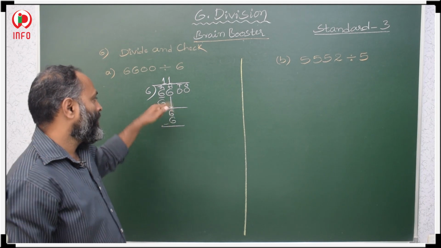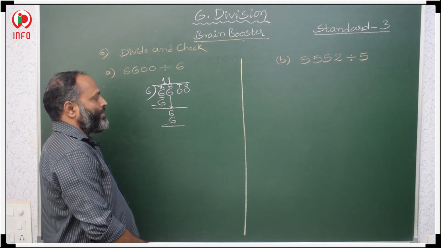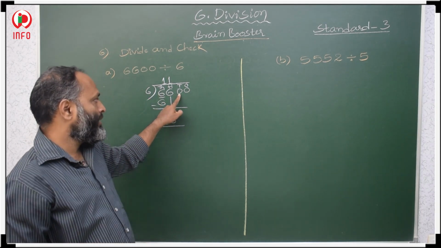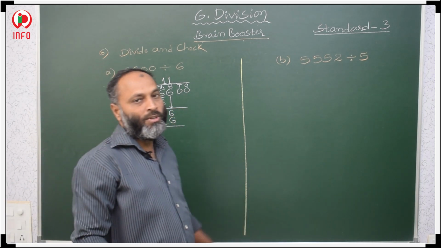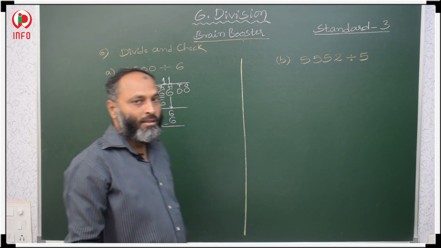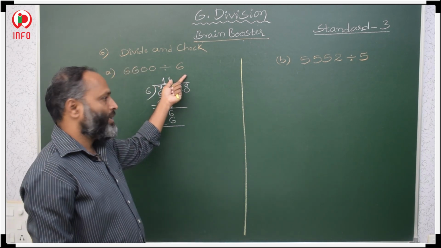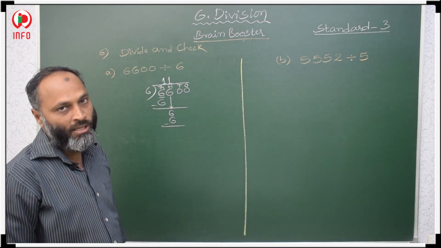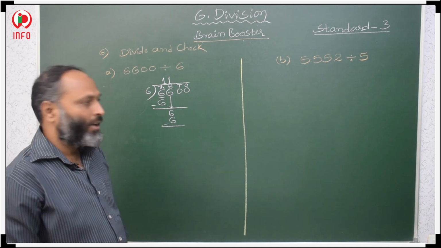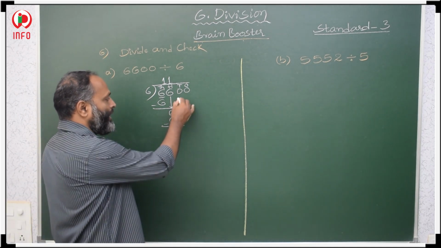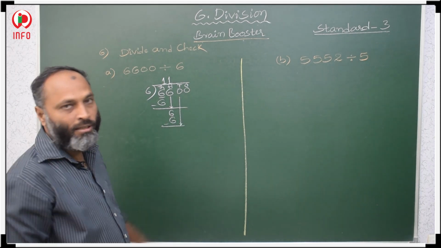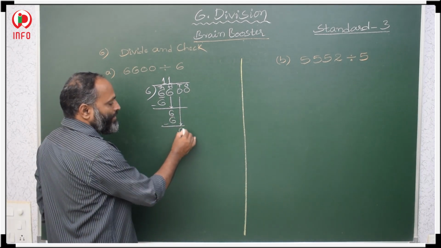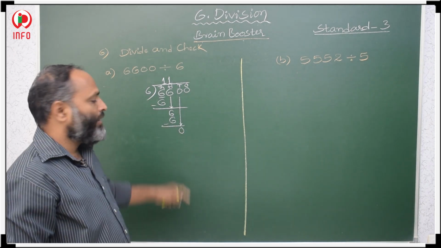Then after that we have to copy the next place. Tens place is 0 and ones place is 0. If the tens place and ones place are both 0, the rest of the places are 0, so simply you have to copy 0 and 0 here. So that's it, your answer is over. If you want to do it completely, then how to do it? Once you copy this 0 in the tens place, in the 6 table when you will get 0,